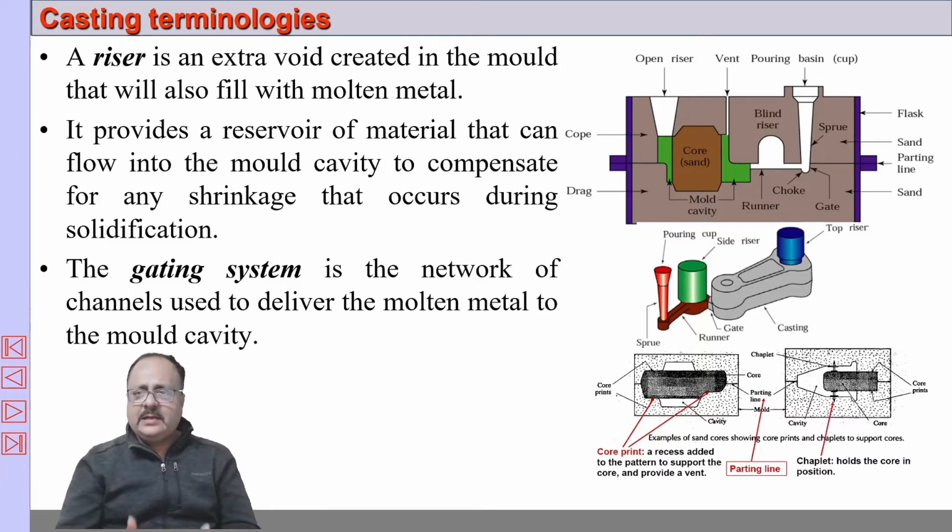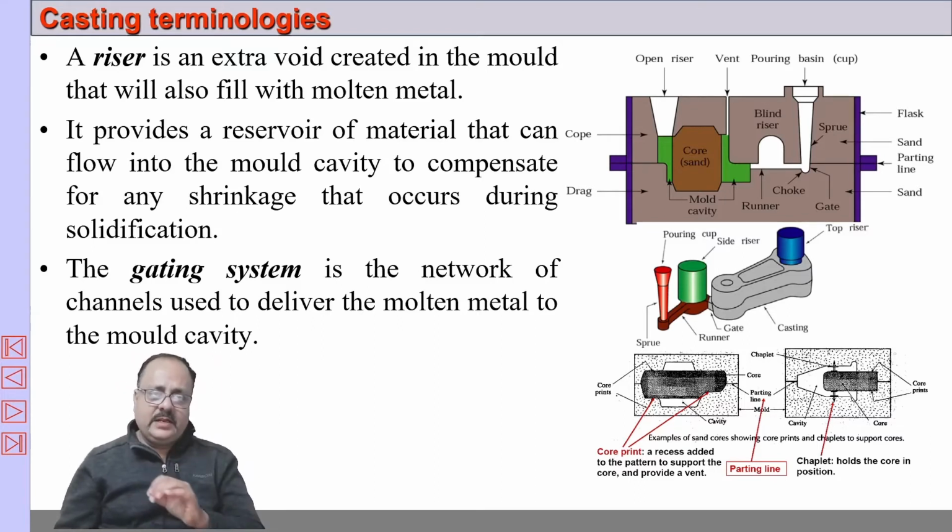That you will understand later, and it falls into the choke, and from the choke, the sprue is the vertical channel. Sprue is the vertical channel, and it reaches the choke, and from the choke slowly it moves through the runner, and from the runner it enters through several or one control entrances which we call gates, or sometimes referred to as ingates. So again I repeat, gating system consists of the pouring cup or pouring basin, the vertical channel